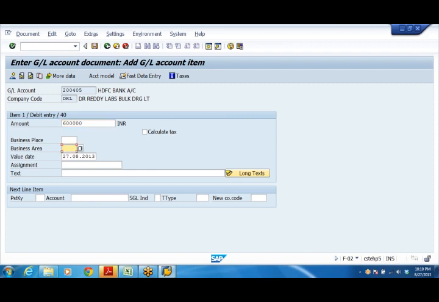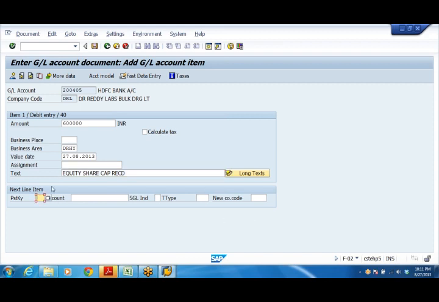For the bank account, business area is not mandatory, of course. Equity share capital received. So first line item: GL account 20405, bank account, debit 40, say 6 lakhs, in business area DRHY, and this is the narration. This entire thing is the first line item.